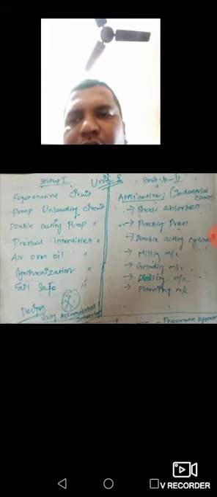If you concentrate well on this particular area, you don't need to worry about the fifth unit, because the fifth unit is also relevant to this application. Troubleshooting and application is the fifth unit topic, and in that unit also we use these types of circuits. So if you put effort into one topic, you get the advantage of two units. That's why I'm telling you, you must focus on this segment. It will be very helpful.